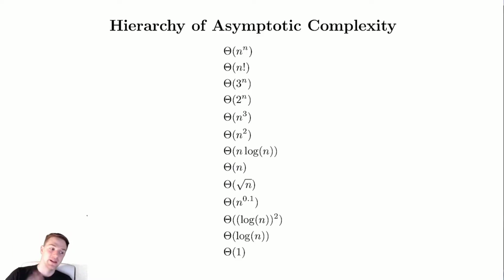Hello everyone. In this video, we're going to be discussing the hierarchy of asymptotic complexity. This is our sort of absolutely lazy way of understanding growth rates of functions. So, what this hierarchy is, it's an incomplete list of how certain things relate asymptotically. Things that appear lower on this list, down here, grow more slowly than things that appear at the top of